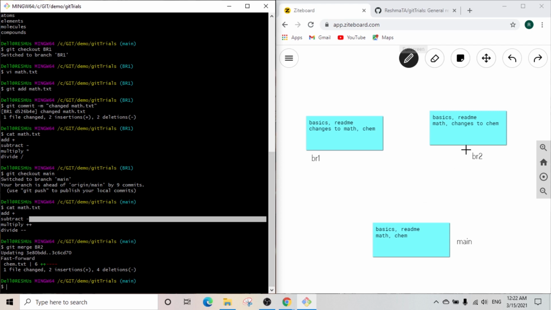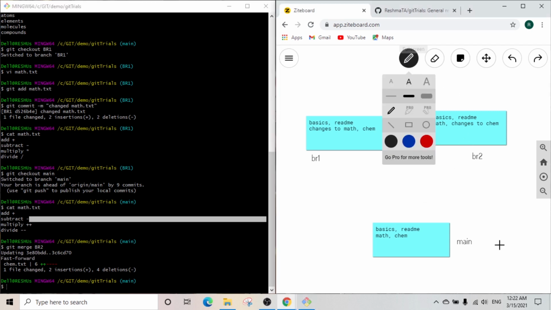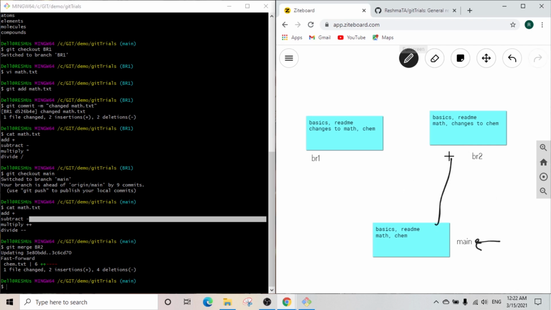So what happened is the pointer was here, and yeah, we had made these two branches. So when I said merge, what happened is I took the main here, and now the pointer is here. So this is what happens when we call merge, and there's a direct relationship between these two, and so it was merged using the fast forward method.